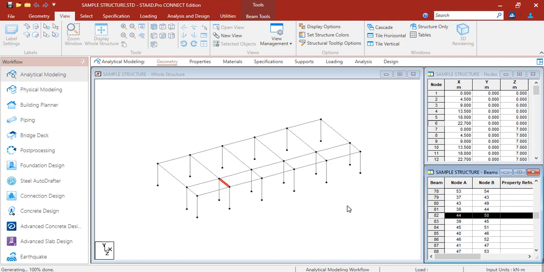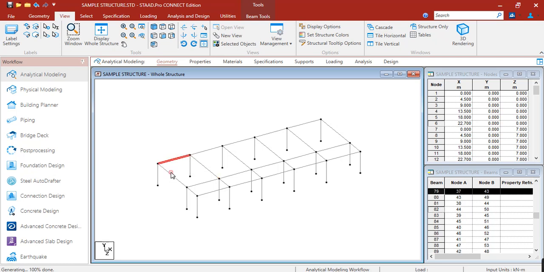we also have a different cursor type. This is the beam cursor. In beam cursor, we can select only beams. So we cannot select the nodes. Only the beams can be selected when you are using beam cursor. And also, it is very important to note that even if it is a column, it is also considered a beam in STAAD. Okay, so you can highlight the columns.